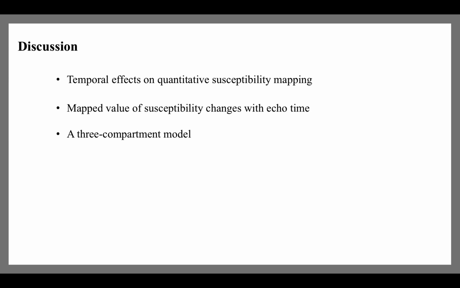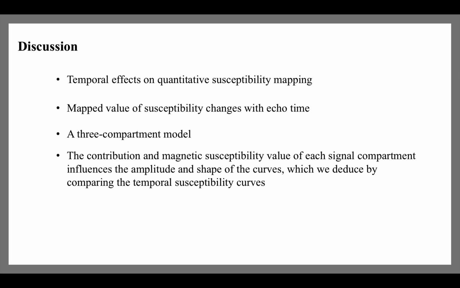We investigated the temporal effects on quantitative susceptibility mapping. By studying 10 brain regions, we have been able to establish that the mapped value of susceptibility changes with echo time. All brain regions exhibited a good fit in the three-compartment model except pallidum. Microstructure of tissue potentially influences magnetic susceptibility compartments and the temporal susceptibility trend. We suggest that careful consideration be given to the acquisition parameters used to obtain quantitative susceptibility maps and how susceptibility values with echo times are used to assess brain changes.